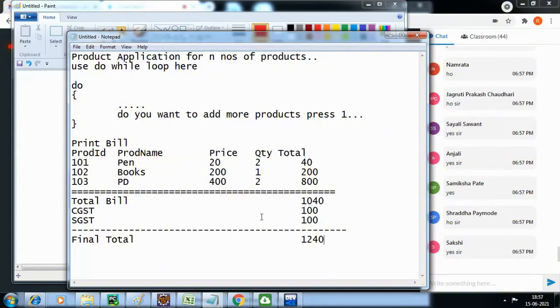You have to use the structure here. Remember this. You have to use the structure here. So wait, I will share this SS. Okay. So this is the SS for your reference. Okay. So now